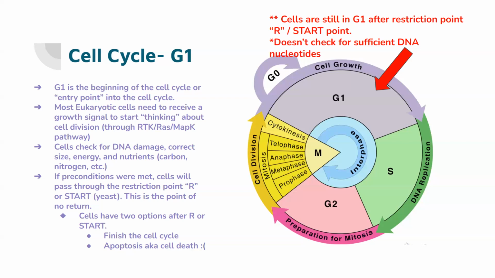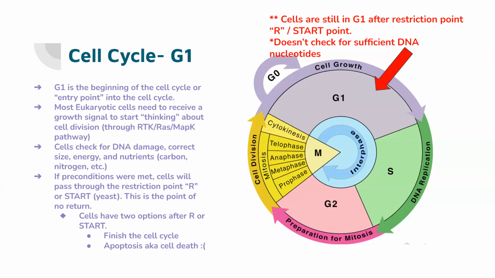No two daughter cells are always going to be 100% exactly the same. You don't have that many mechanisms to say, oh, this mitochondrion has to be the same size as this other one or else it won't work. The process is complex and has all its different steps, but you're not going to get two daughter cells that are 100% similar in every single thing. So you have to check for different nutrients, and make sure all your enzymes and all your different processes are working for perfect cellular division. And if the preconditions are met, then these cells will pass through the R point,